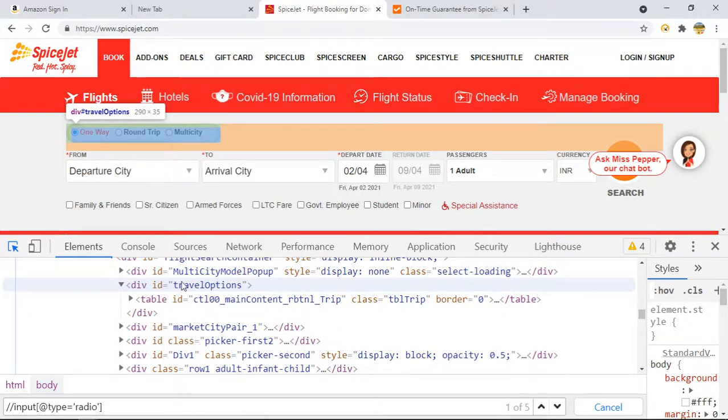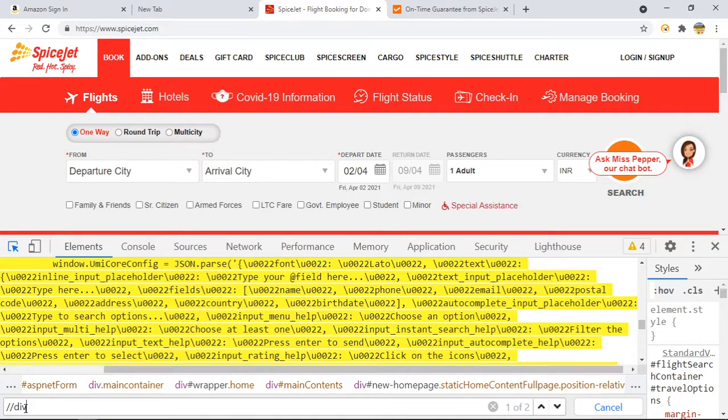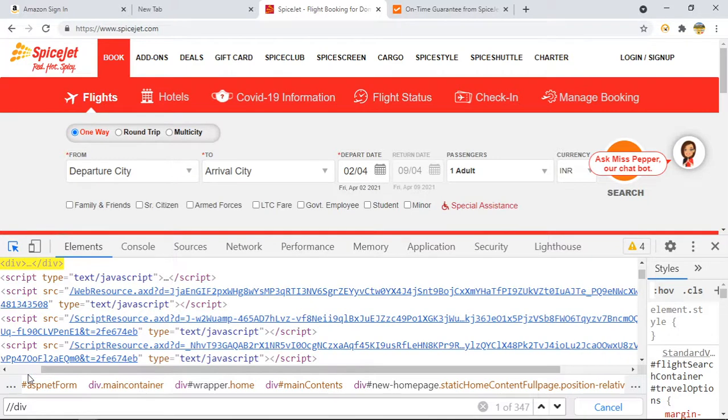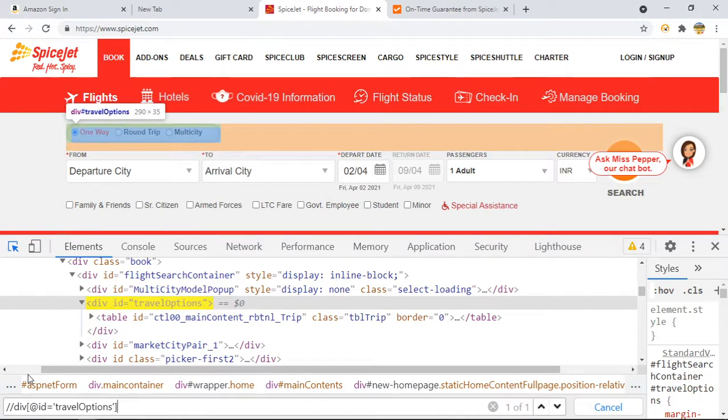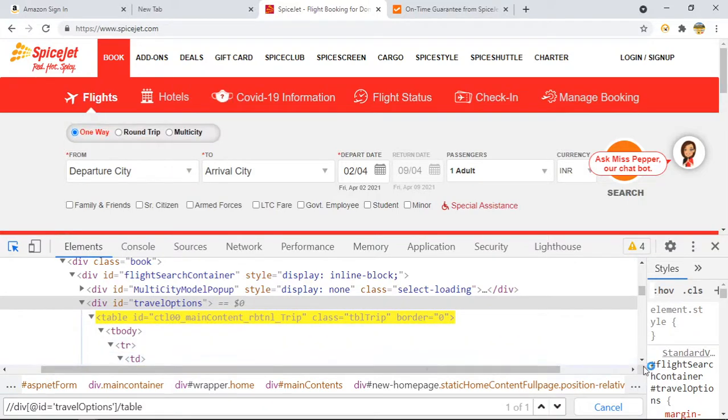If I try to go inside this, div equals to... I don't think so, because I think that only 3 are present. @id equals to, now we are here, and after that I will go inside of this because all the 3 text boxes are present inside this. You can see here. So I will say table slash table. Now we are here. Inside this, you can see all the 3 are highlighted. Inside this also only we are going to check.